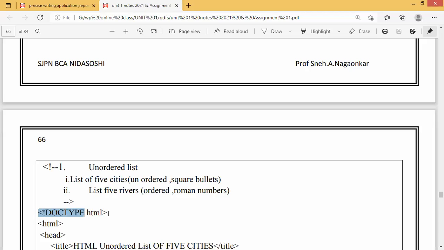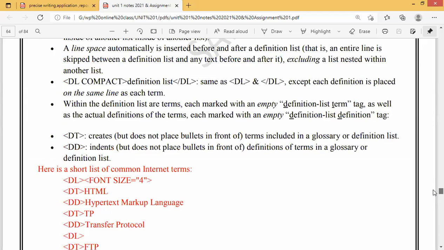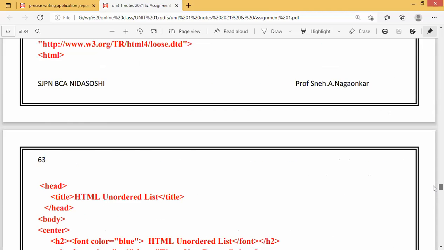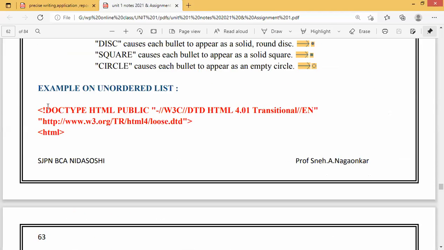All of you, remove this doctype HTML, and what you have to do? You have to put the XHTML code here. Okay, XHTML tag you have to put. Every other program is having that XHTML tag. Just include that XHTML tag. See this one, so you have to add this tag. Add this tag and then write the HTML.